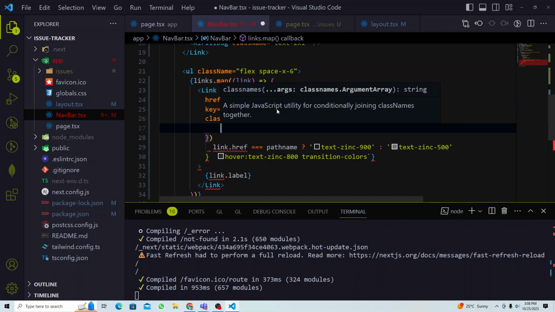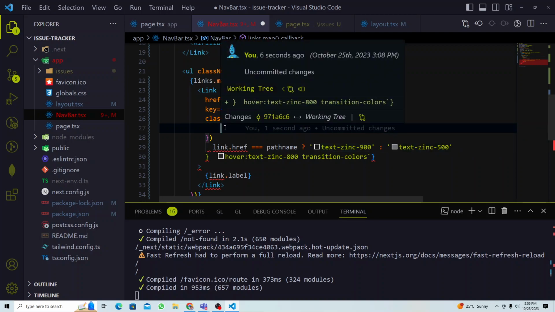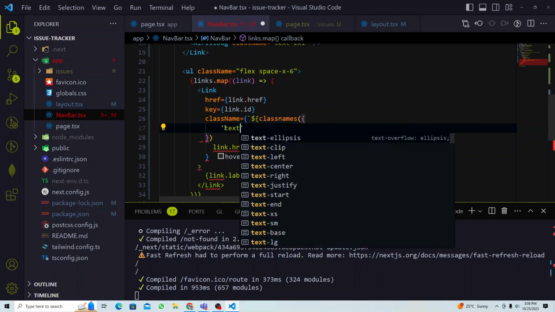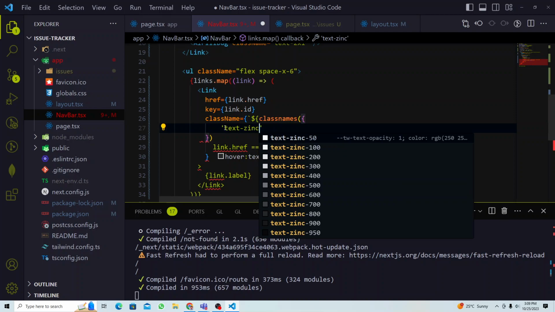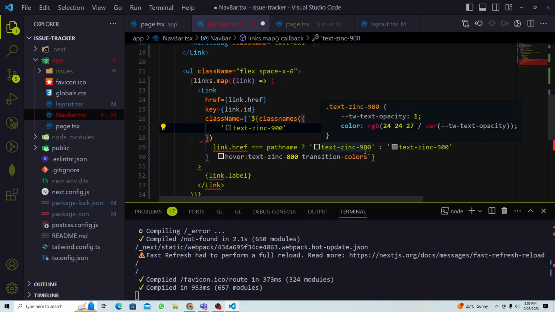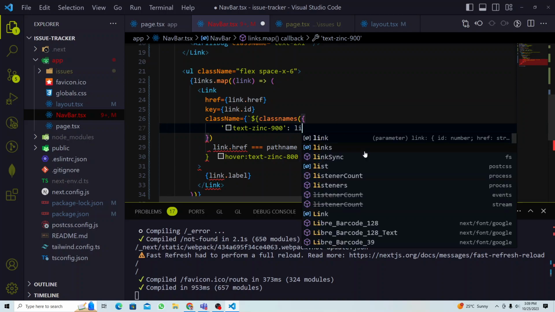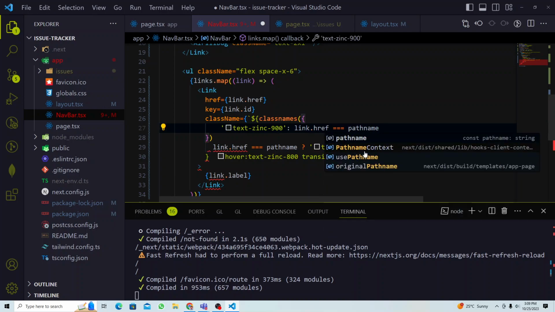Okay, and now you define your CSS here, right? So the CSS will be first one, right? Let's say for the color, for example, when the text is zinc 900, that is my CSS, correct? Then what will be the true condition? I need to bring a true condition, right? So that will be if the link.href is equal to path name. See,